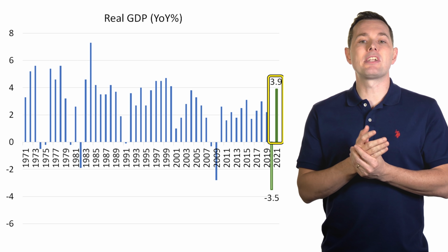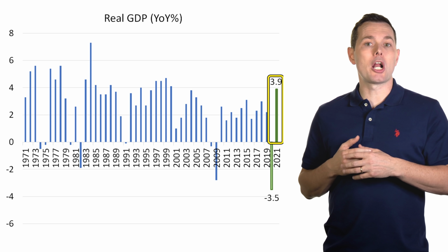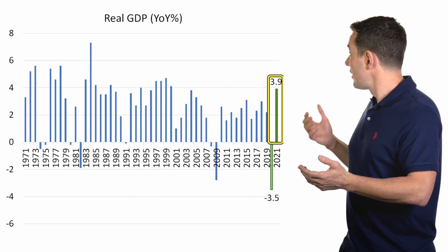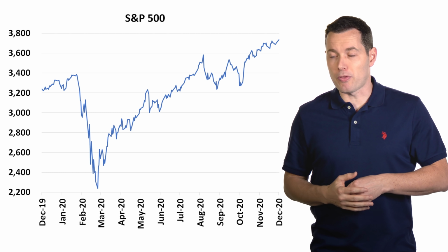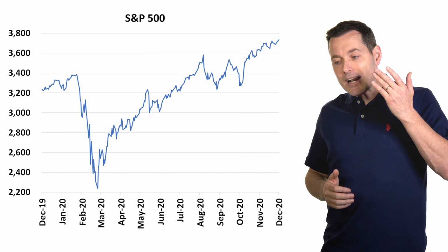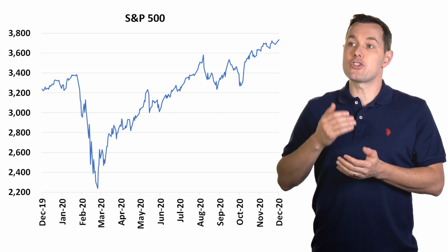Granted, the opposite is also true. Perhaps the economy outperforms, and these expectations for the stock market, the reason the stock market is up as high as it is, with all the government spending, everything that the Treasury is doing, everything that the Federal Reserve is doing, perhaps that's enough to spur the economy. Maybe unemployment comes in better than we expected. And if that's the case, then it's possible that GDP and ultimately the S&P 500 keep moving forward.